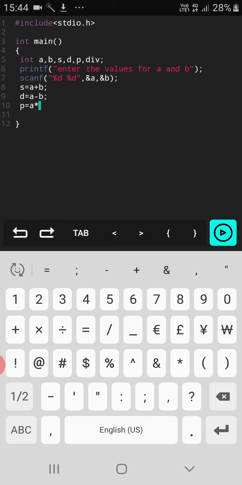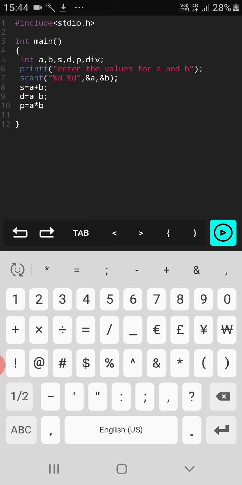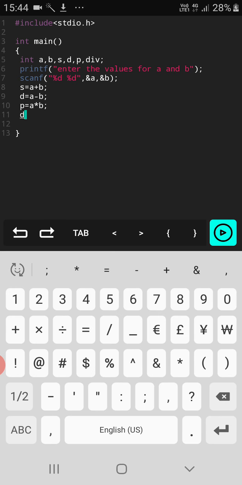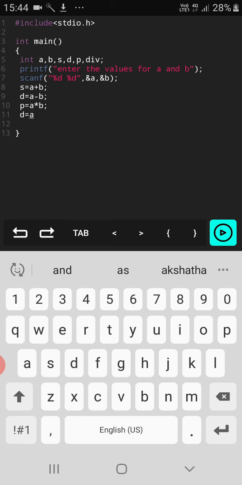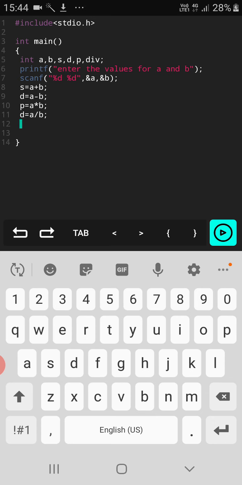For the multiplication we are going to make use of the asterisk symbol, A into B, and end the statement with a semicolon, and then the next statement div equal to A divide by B. For division we are going to make use of a slanting line, A by B, and end that particular statement again with a semicolon. Now the next step is to display the result.